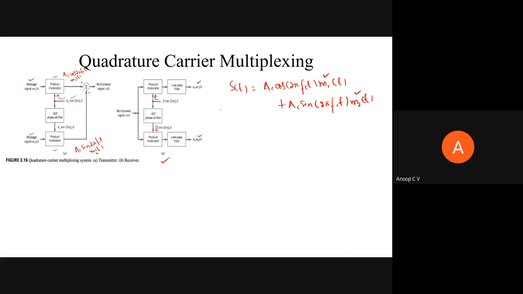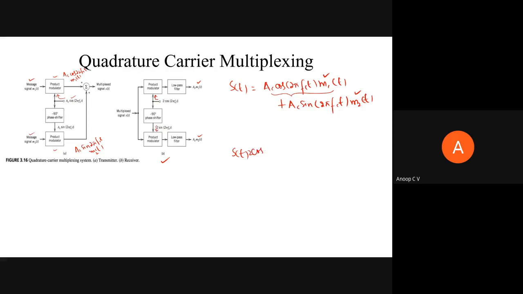So now the output of the first arm, we'll consider only this first product modulator. The output of the first product modulator would be S of t into